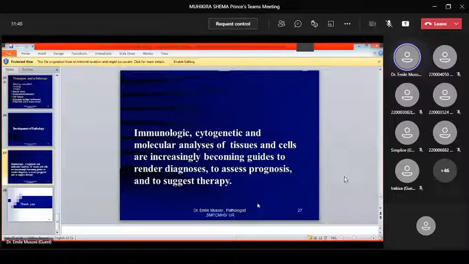This is why when you find a cancer, a blood cancer, we do molecular techniques to see some mutation in that cancer, to see if that mutation is hereditary or non-hereditary. This is modern medicine.